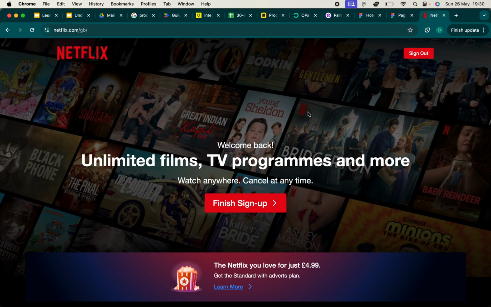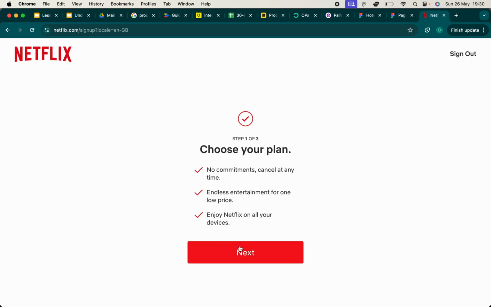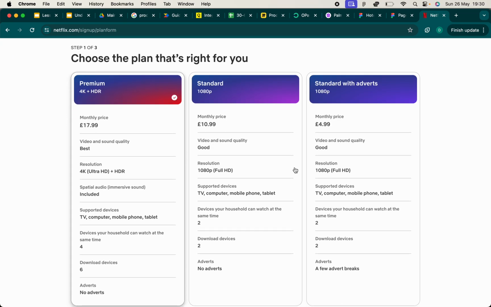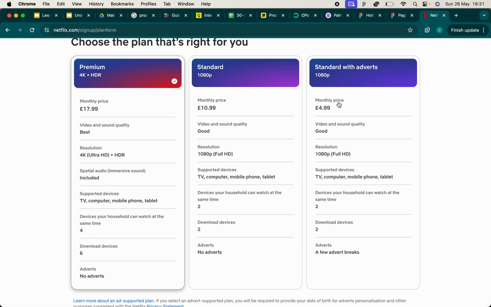Netflix is a service that allows you to sign up, and once you sign up, you can watch TV for as long as you want, and there are several benefits, several features. So if you're paying this much monthly, devices in your household can watch at the same time.